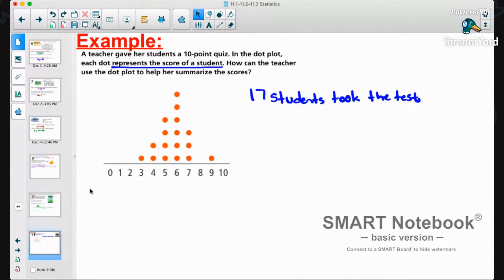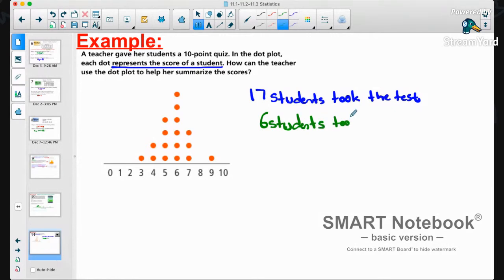What is the grade most of the students got? How am I going to understand? As you see here, the cluster is positioned in 6, which means how many students got the 6 from the 10-point quiz? 1, 2, 3, 4, 5, 6, which means that 6 students took 6 points